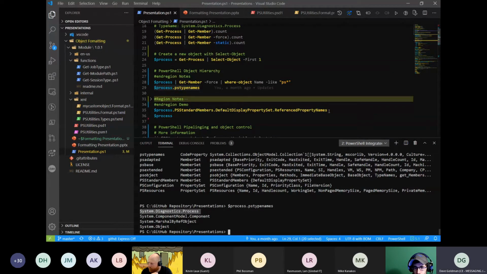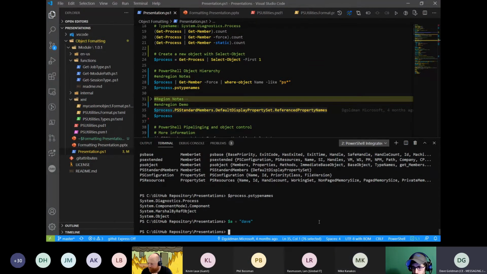And then the second one, which is more important, and by all means, if you're not familiar with objects or haven't really dug into them, the one tip I could give you, and you can do this for hours, is create an object. It could be a basic object. It could be a string. So if I just do $A equals Dave.